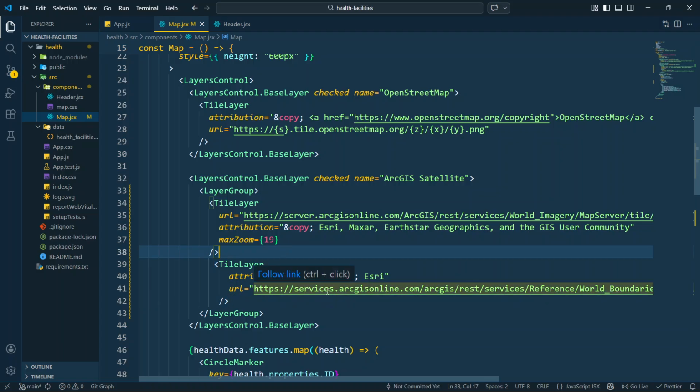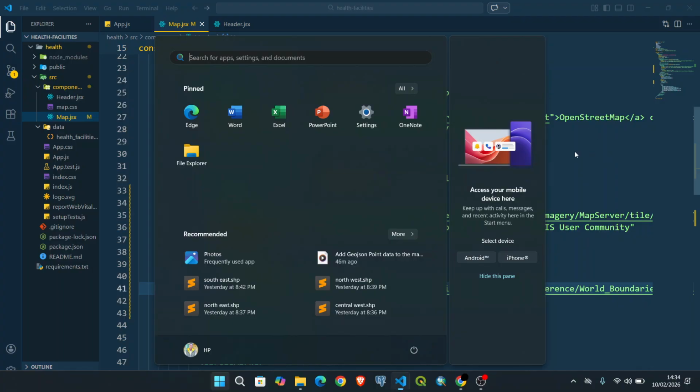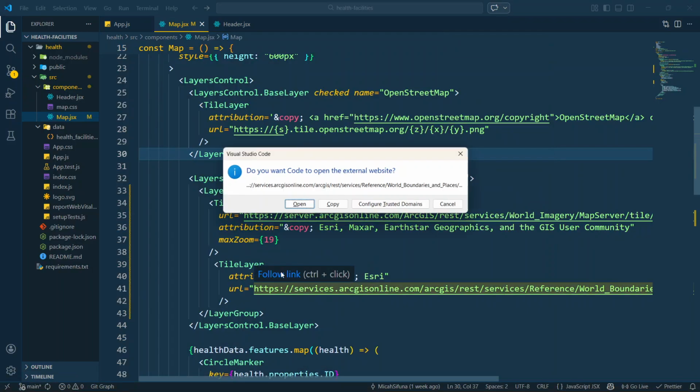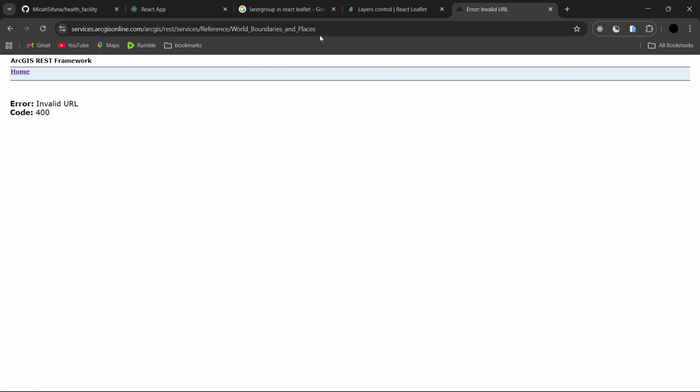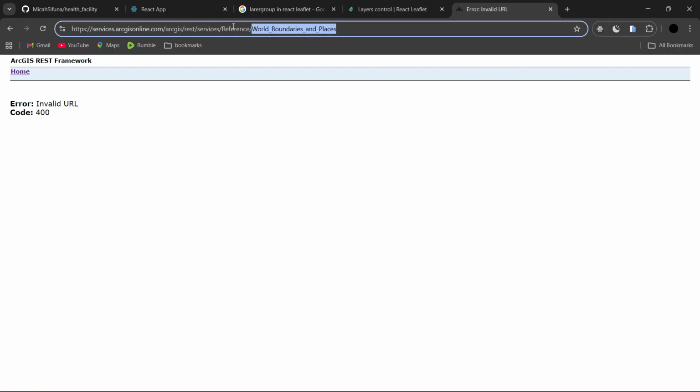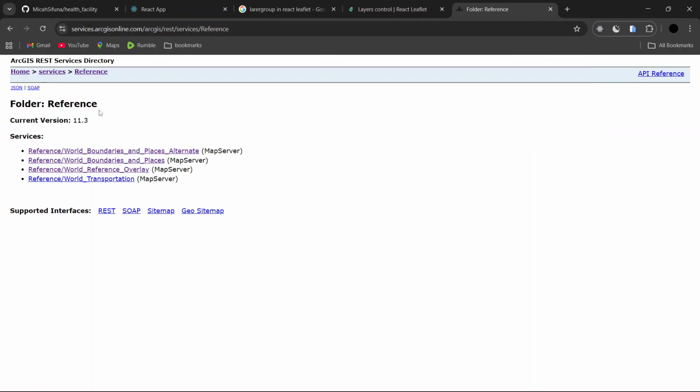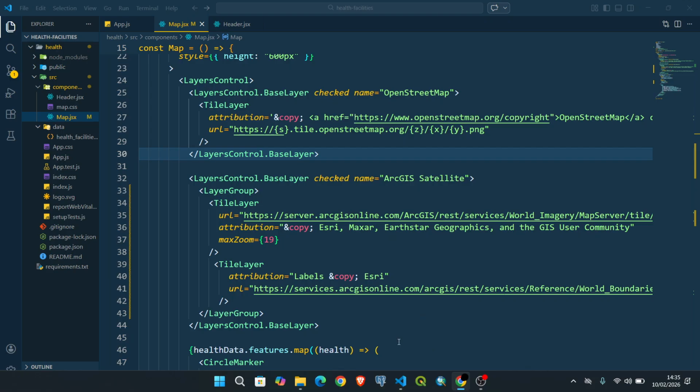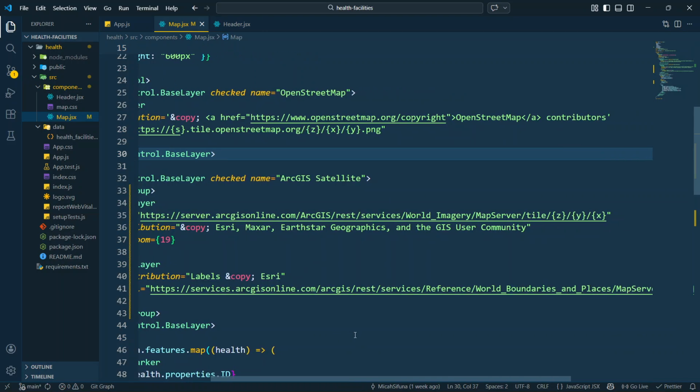I was just exploring this link. If I open this link in my browser, you can see that you get some kind of empty image. So I'm going to remove this link, and it says invalid URL. Maybe I can remove this and go to the reference. If you open this reference, you can see that we have the